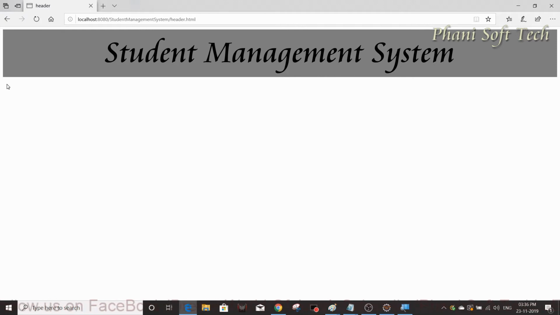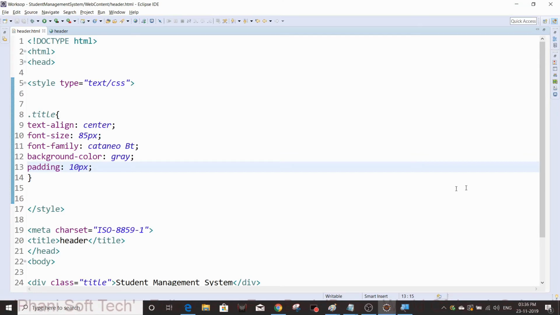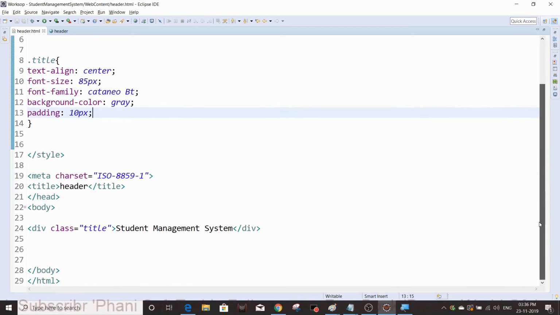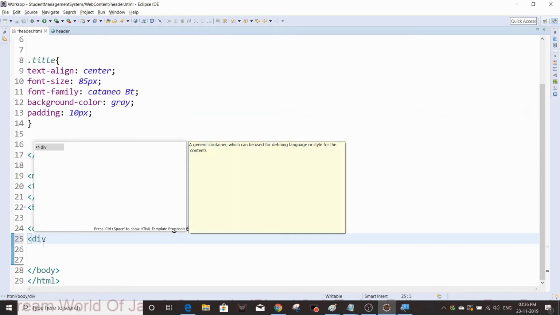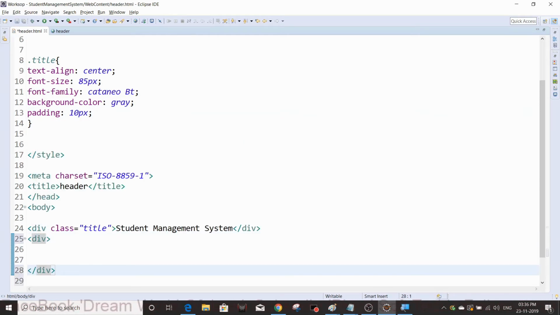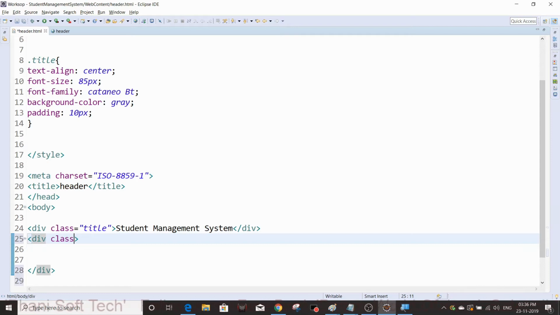Now I'm going to apply navigation bar. Okay, so my header is ready. I don't want to give any more effects for this header, so I'm going to give division. Having division, I'm going to give class as, for example, menu or navbar, anything, whatever you want, you can give menu.